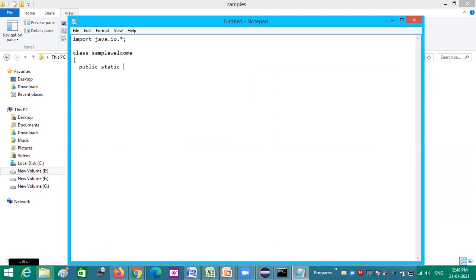Creation of main requires these keywords; it is a must.